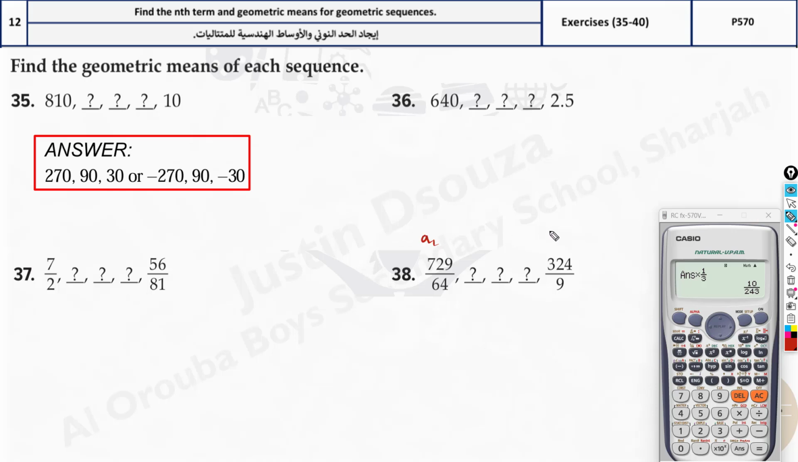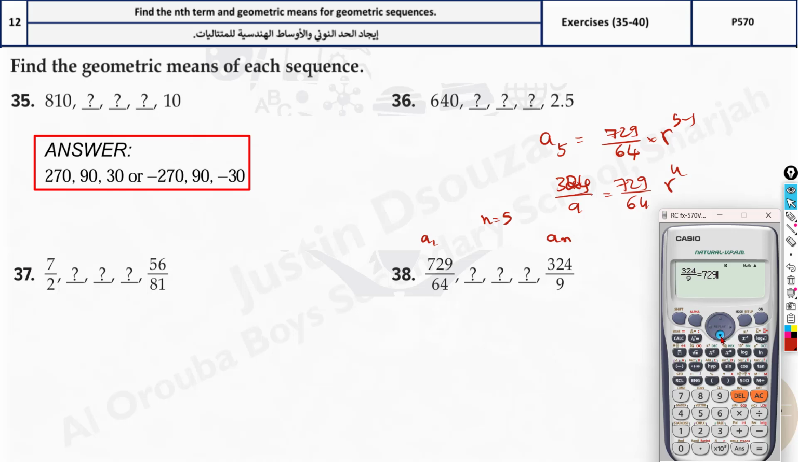So first one, a1, an, and there are 5 terms. n is equal to 5. So we will substitute in the first formula. a5 is equal to a1, that is 729 divided by 64, multiplied by r to the power 5 minus 1. So it is 324 divided by 9 is equal to 729 divided by 64 r to the power 4. Now you can try putting this directly in the calculator. 324 divided by 9 will be equal to